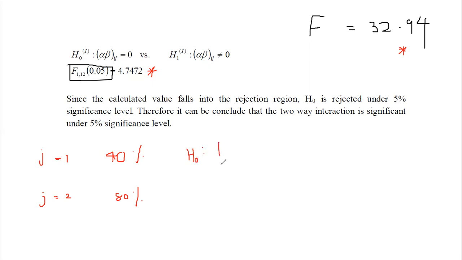H naught, whether the mu is same for two temperature levels. Therefore, here we need to test for the temperature levels, first temperature level total and second temperature level total. This is for 40% of humidity level we can check it, and for the 80% of humidity level, again we have to perform this hypothesis. Therefore, here we are testing for first temperature level, it is the low temperature level, and this is the high temperature level, and it is for the J equals 2.